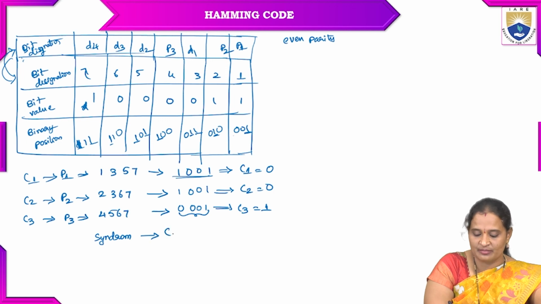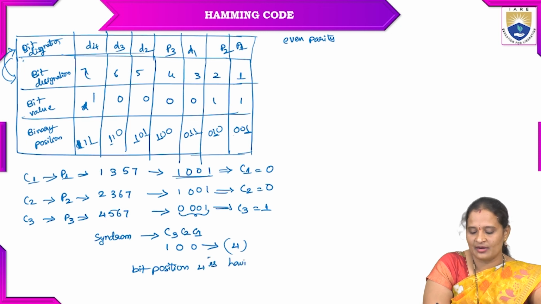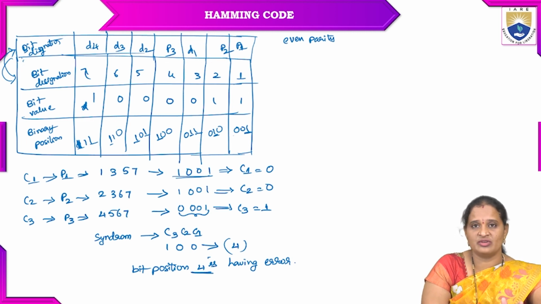With the parity check bits C3, C2, C1 taken as 1, 0, 0, what is the decimal equivalent? 4. That means bit position 4 has the error. So that is how we detect that position 4 has an error. Now, how can we correct it? As it has only binary ones and zeros, if it is 0 in the received message, just change it